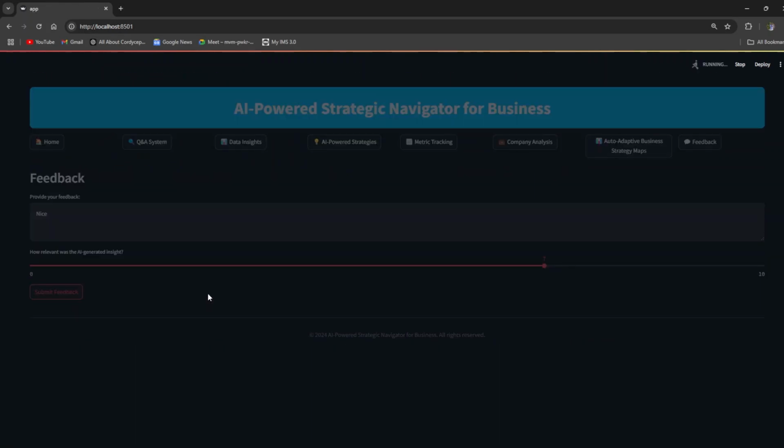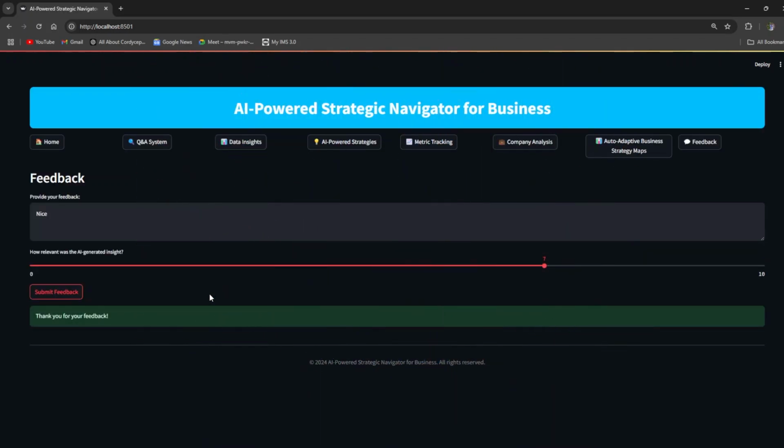So this brings us to the end of this demo. The AI powered strategic navigator for business is a comprehensive tool that combines advanced AI capabilities with user friendly interfaces to empower businesses in making data driven